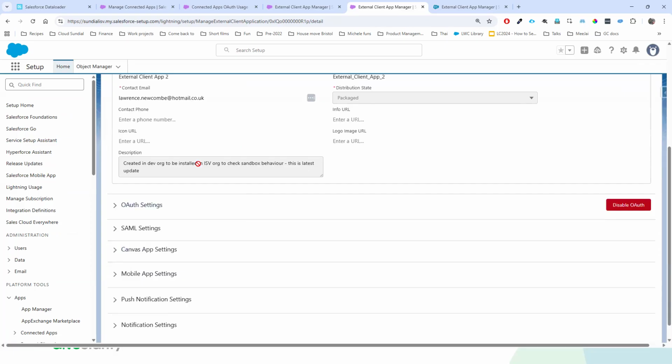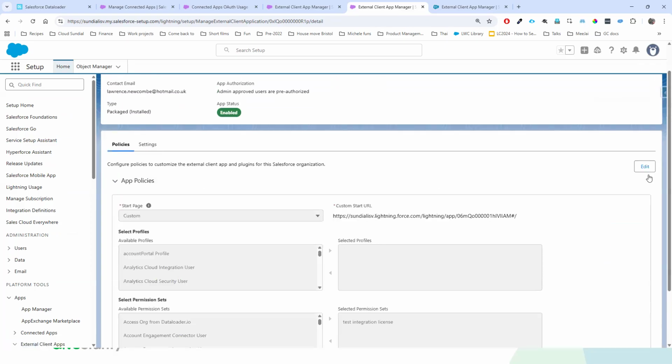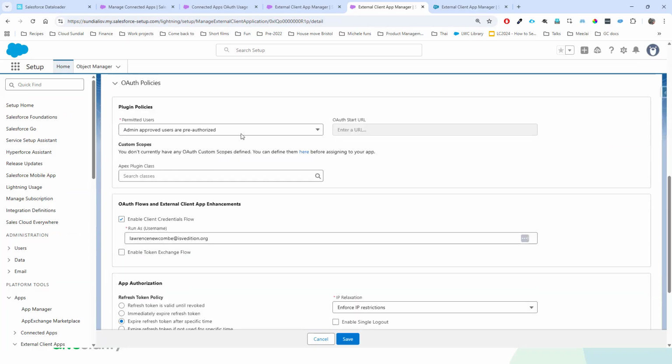Those are inherited from the vendor's setup. But I do have access to control policies, so I associate permission sets and profiles just like with a connected app, and have those controls that I ran through there as well. It looks a bit different, but it's the same stuff really.